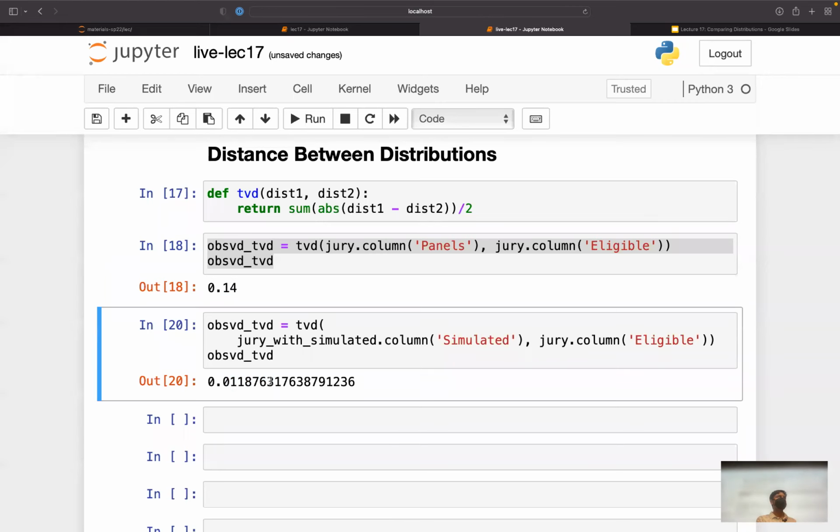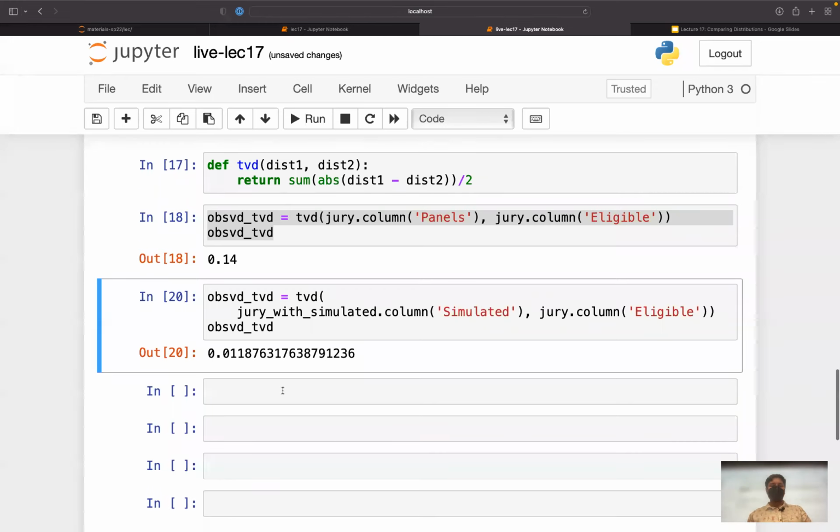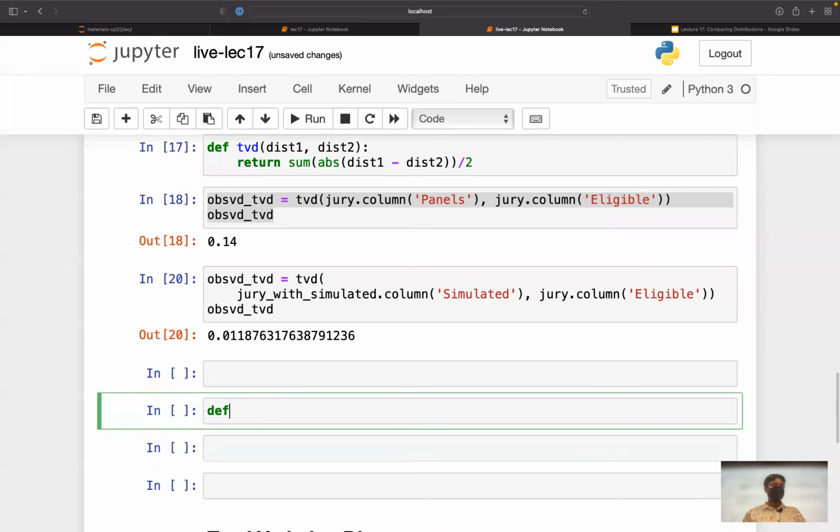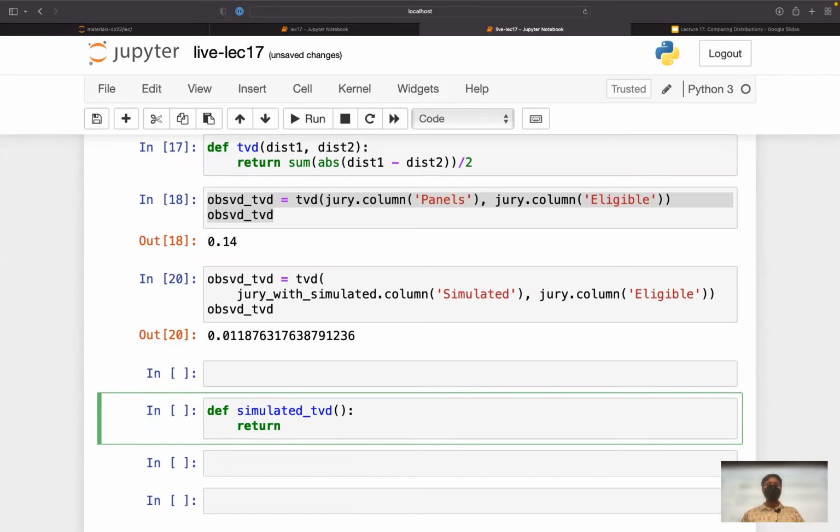So, to really do this robustly, we need to do this many, many times using a for loop. And so that's what we'll do next. Firstly, we're going to create a function to help us with this, which is going to create a simulated total variation distance. The way it's going to work is it's going to call the TVD function on a new simulation. And we can create a new simulation just using sample proportions with our sample size and our model,